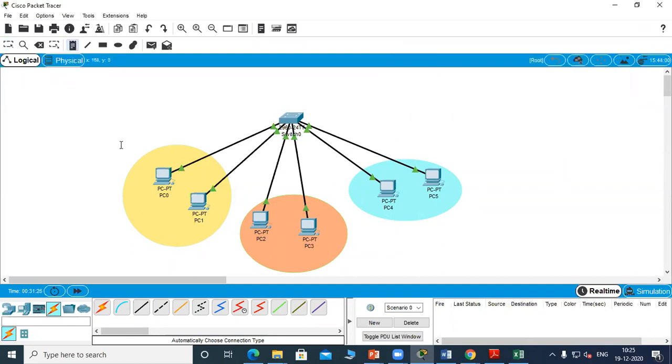We'll make this one VLAN 10. This one VLAN 20. This is VLAN 30.